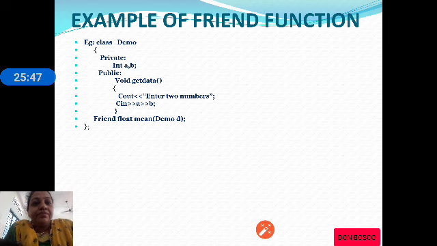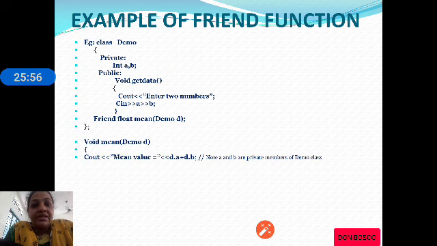You can observe, it is not a member, it's a non-member function, but you can see we are accessing d.a plus d.b, that is a and b are the private members of class demo, but still we are accessing them outside the class. The advantage of a friend function is it can access the private members of a class outside the class, as it is a friend to the class.